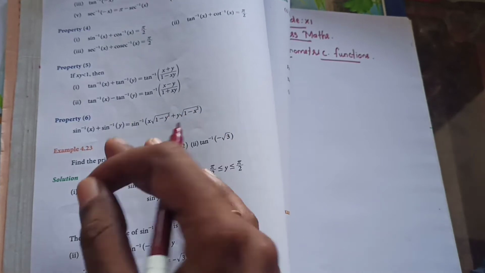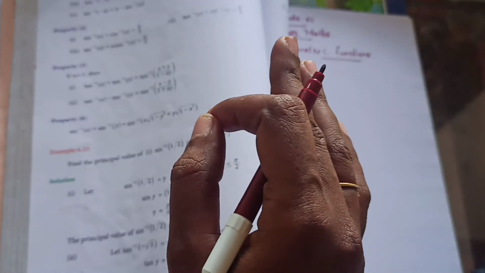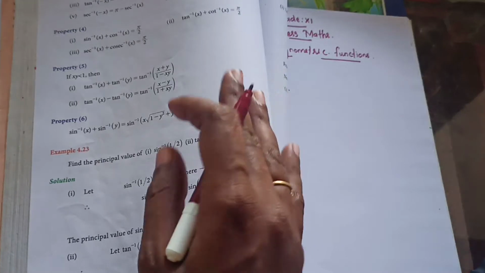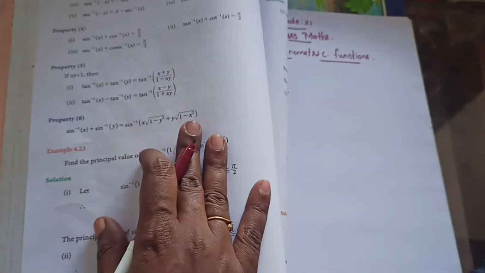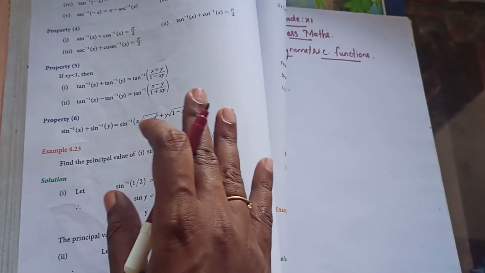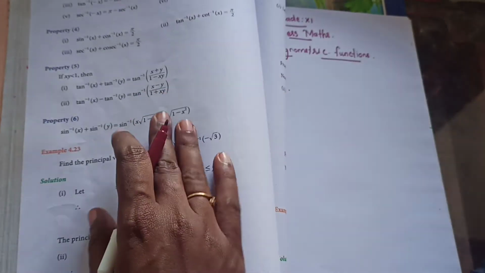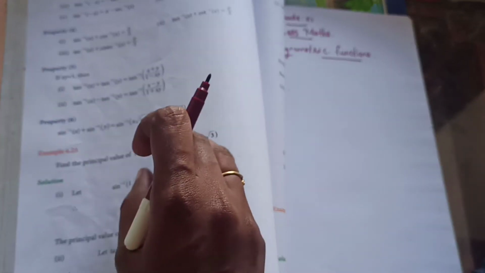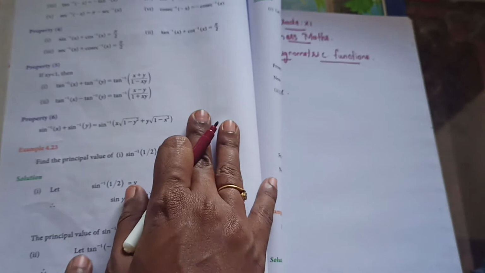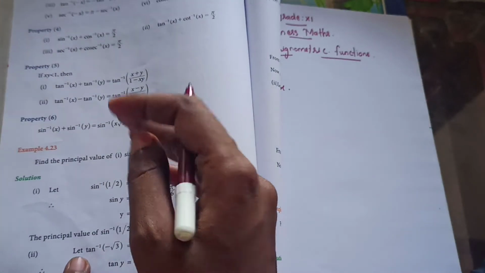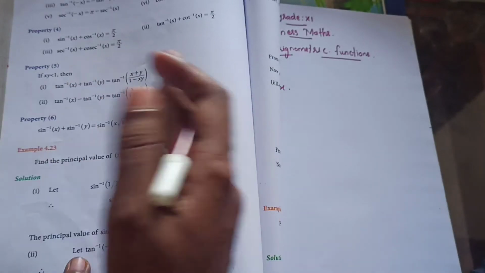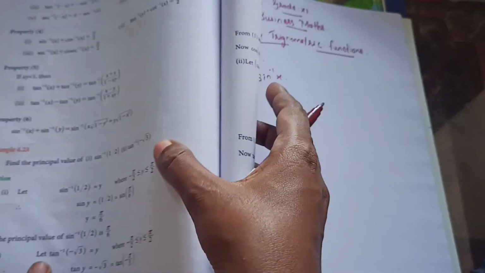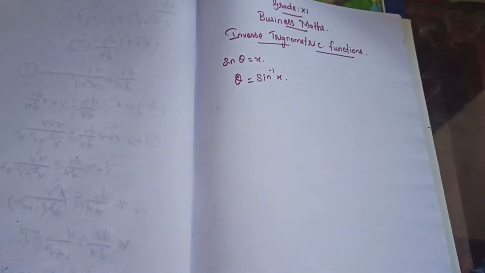Please children, take down your notes, put the heading inverse trigonometric functions. No need to write all the properties in your note. Just learn all the properties from your book, it's enough. No need to waste the time, no need to waste your note. Sometimes you have a habit, you won't learn anything in your book. If you are in that category, please take down this in your notes and learn it.